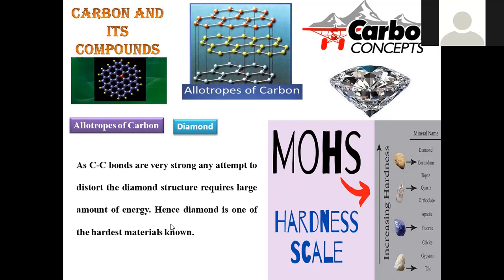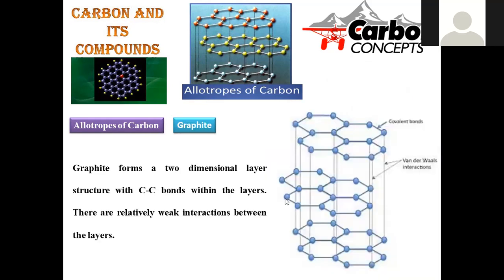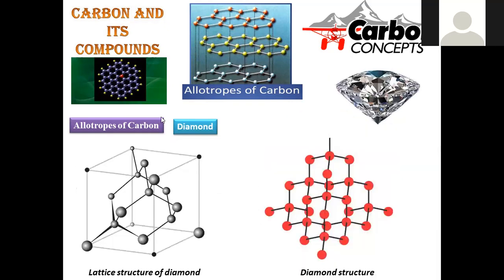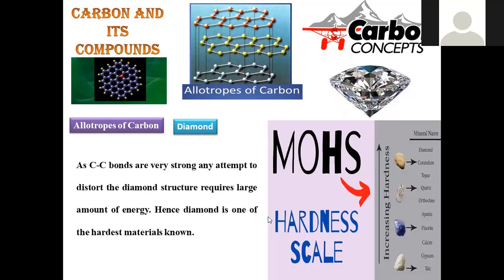Along with that, because of its hardness and toughness, it also has many industrial applications, because in order to cut any material of high abrasiveness and high toughness, diamonds are used to cut them. Another material among the allotropes of crystalline carbon is graphite. Graphite is also part of the crystalline allotropic forms, with a 2-dimensional layered structure. Here diamond is imparted with a 3-dimensional structure: along the x, y, and z coordinates all the bonds are extended, so that it is a very hard material.